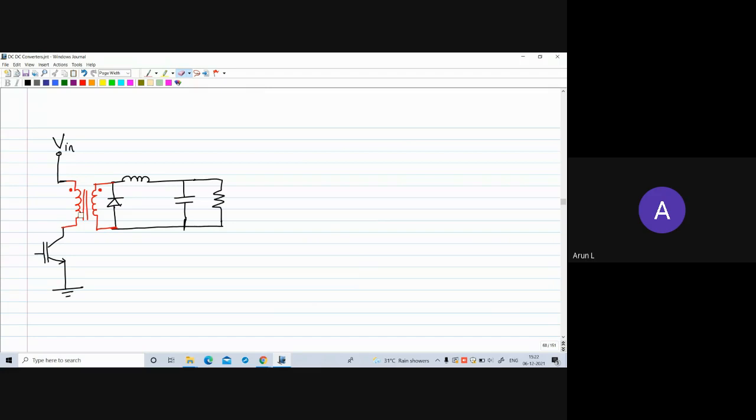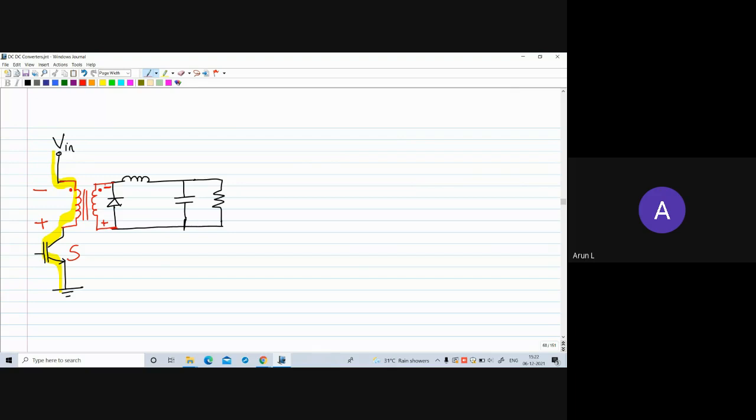We have to check whether flux continuity is maintained in the circuit, or is there any problem with the circuit. So when S is on, suppose this switch is on, what happens? When the switch is on, this current flows through the primary winding. So magnetic field is building up, some current is flowing in the primary winding, energy is stored in the core. The moment you open the switch, the polarity of this inductance voltage will reverse. So this dot end will become negative and this non-dot end will become positive.